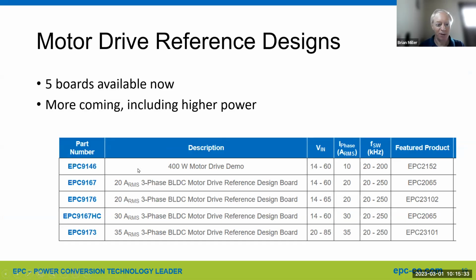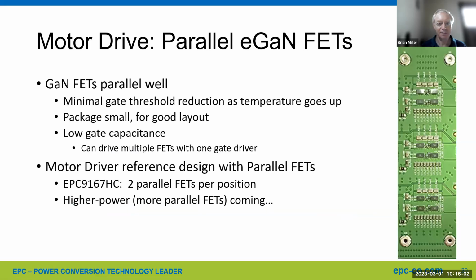Looking down at these, they're rated in amps RMS for the brushless DC motor. And these particular ones have input voltage that tops out at, well, this one 85 volts, but typically 60 volts. The switching frequency, you can see, goes beyond just 100 kilohertz up to 200 to 250 kilohertz. The question would come up as far as higher current